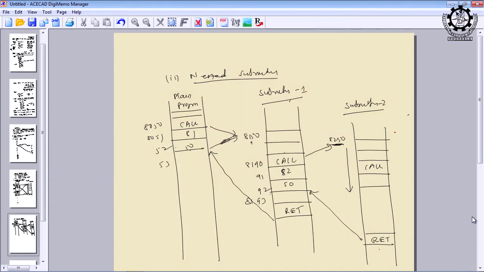And there is no limit theoretically; the only limit is that all the memory locations or all the registers are exhausted. That is the only limitation theoretically, but practically it is preferable to use a maximum of 2 or 3 levels of nesting, because whenever the memory locations are exhaustively used, how do you define the subroutine? The total memory capacity is 64 kilobyte. Out of that, many locations are reserved for ROM, PROM, EPROM, etc. Only a few locations are reserved for the RAM. Therefore, whenever you use nested subroutines, you have to be very careful, unless it is highly demanded by the applications.